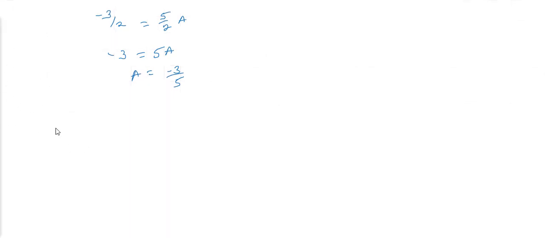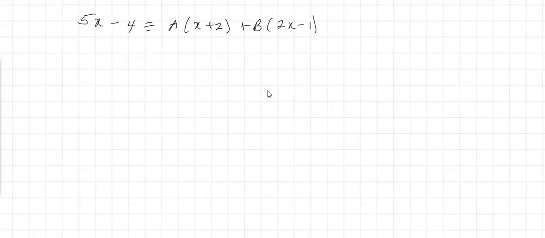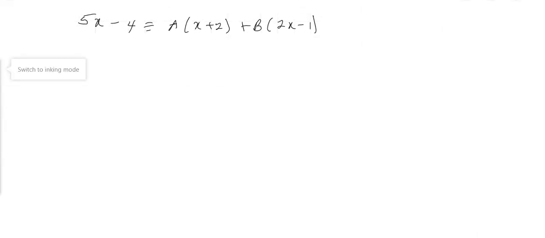So we have to solve for constants a and b in the identity 5x minus 4, which is identical to a of x plus 2 plus b of 2x minus 1. Now we're going to use the other method, the comparison method, to solve this question. With the comparison method, we're going to expand, we're going to group, we're going to factor, and we're going to compare. Don't forget. So the first one, expansion, there's ax plus 2a plus